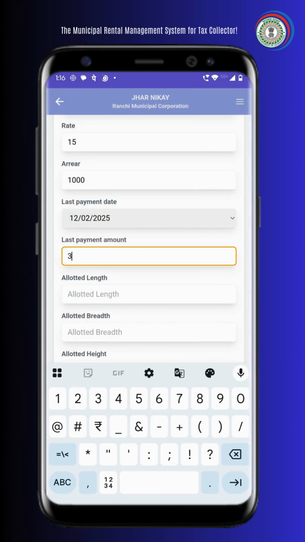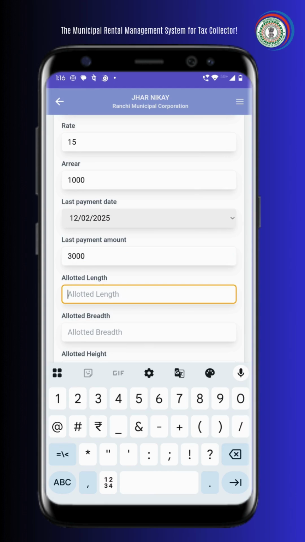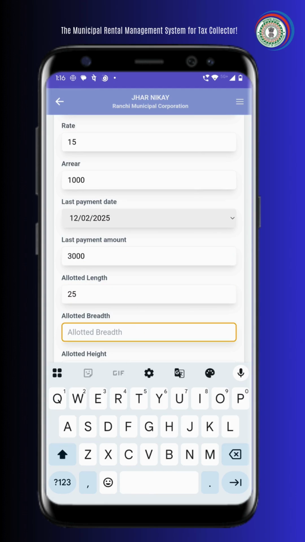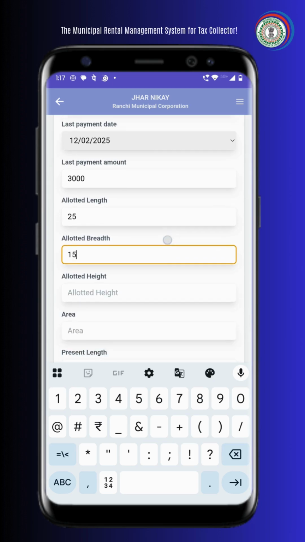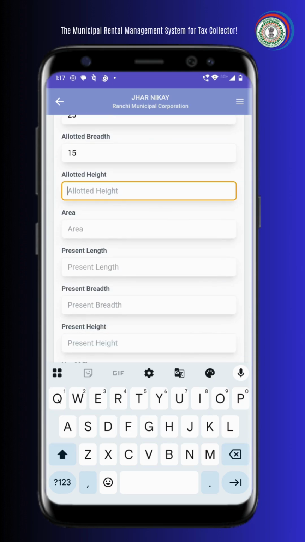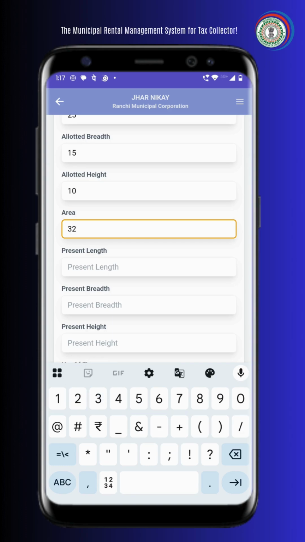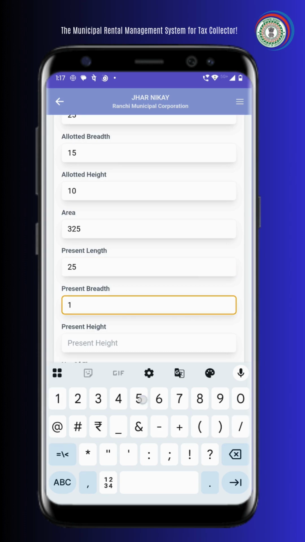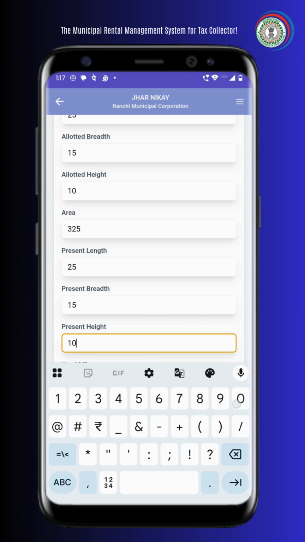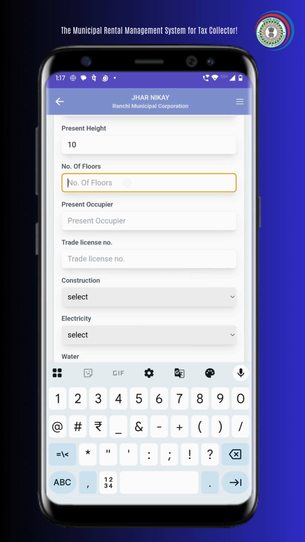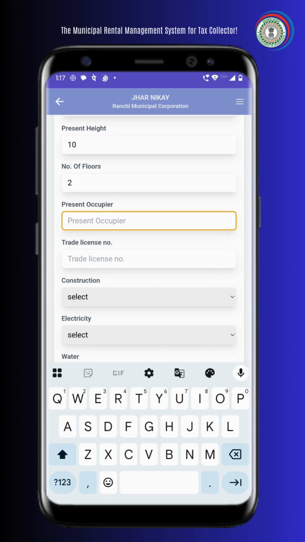last payment amount, allotted length, allotted breadth, allotted height, area, present length, present breadth, present height, number of floors, present occupier,